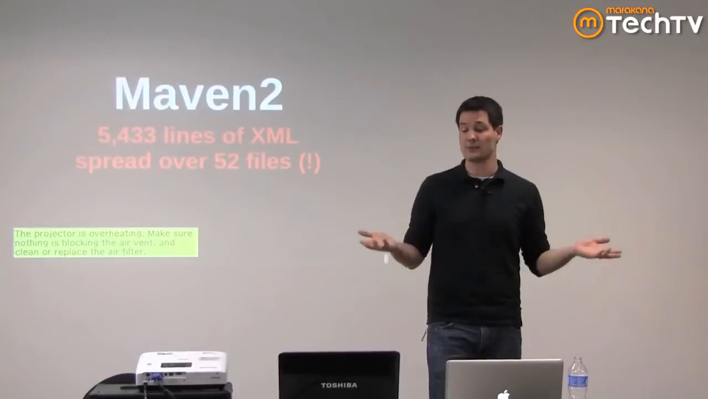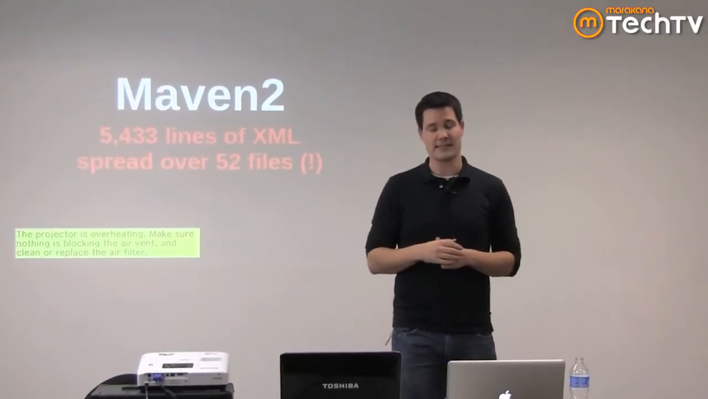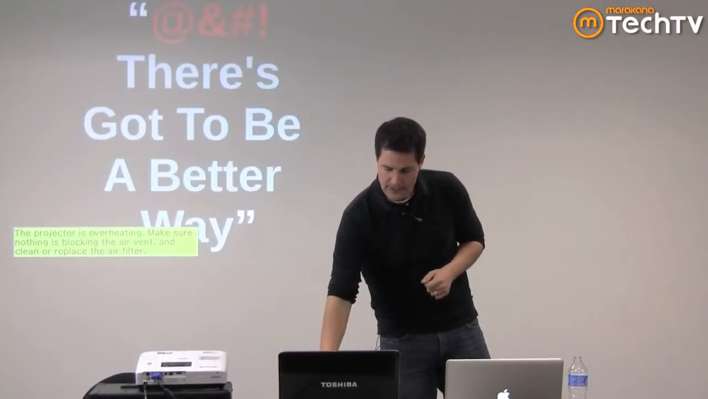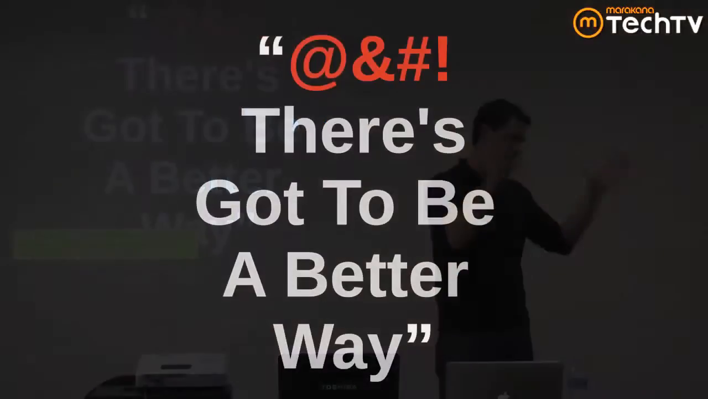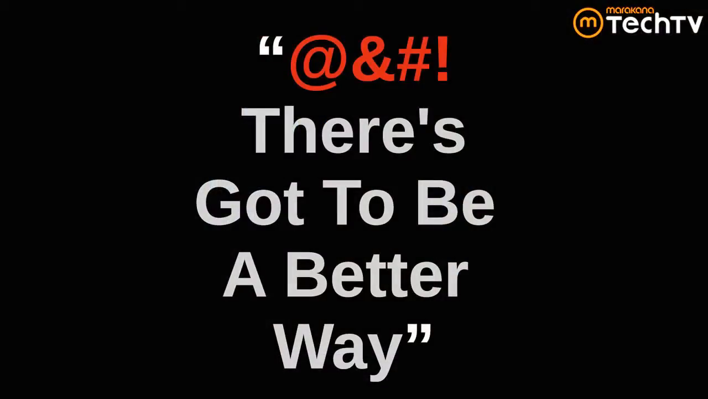5,000 lines of XML spread over 52 files. That's a lot of XML. And we were like, oh, there really has to be a better way of doing this, right? It just doesn't feel right. And to be fair, the challenges that we had were not just related to Maven, but how people use Maven,